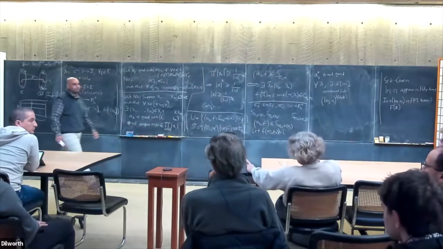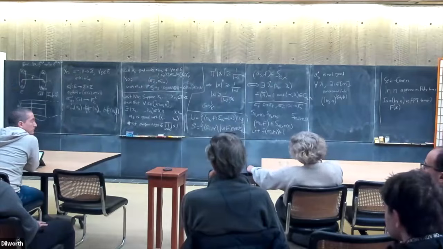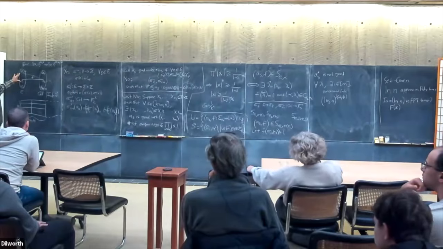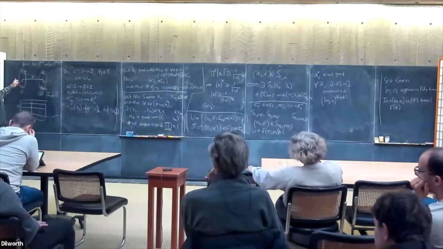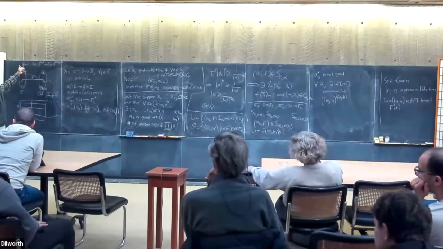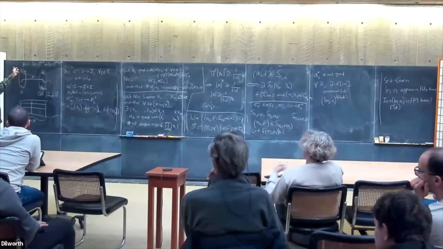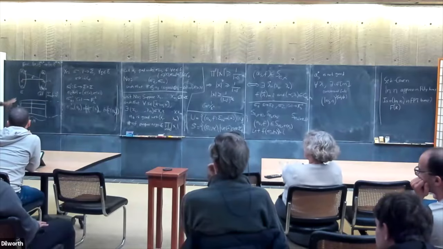So say again what you would need, what would give you this result? If the list size is constant, I want the right alphabet to be constant. And then I want a parallel repetition theorem that if I take r repetitions, blows up the alphabet by r, but also the list size lower bound goes up by r in the exponent. And if such a thing exists, then good, we get omega log n.